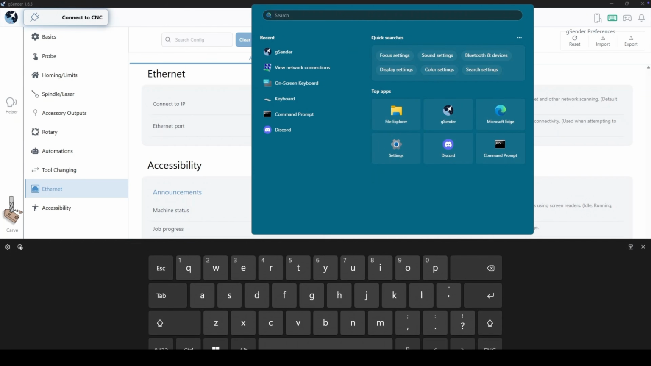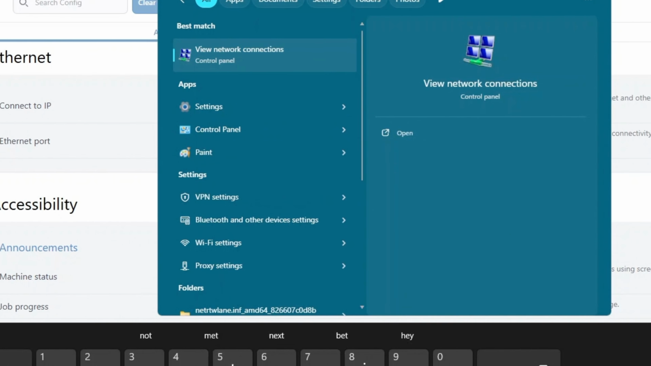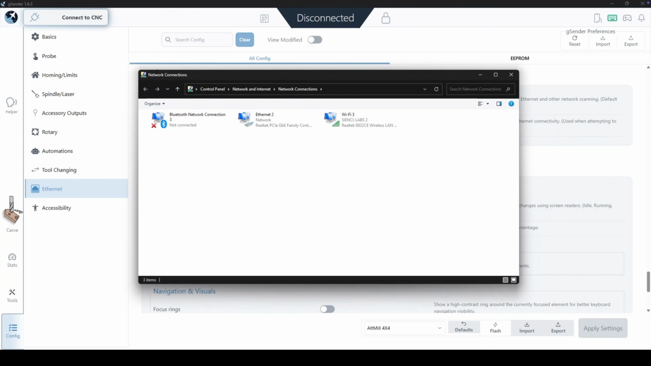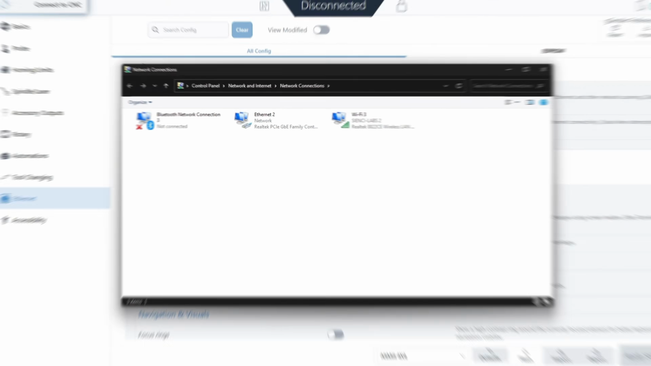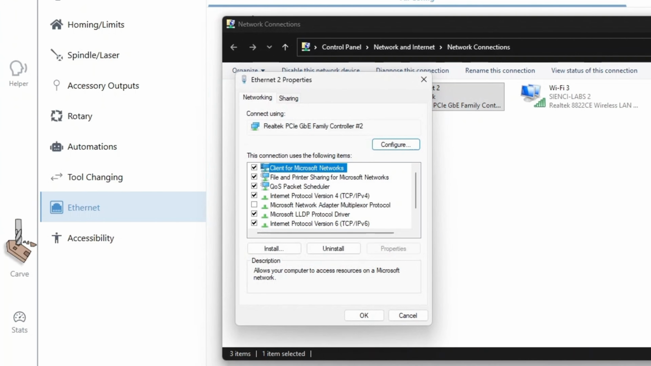On the computer that is connected to the controller, find the network connections. If you type network in your search bar, View Network Connections will appear. Click on it. In Network Connections, right-click on Ethernet 2 and click on Properties. Please be sure to use the correct Ethernet connection if you have more than one connection. Double-click on Internet Protocol version 4,